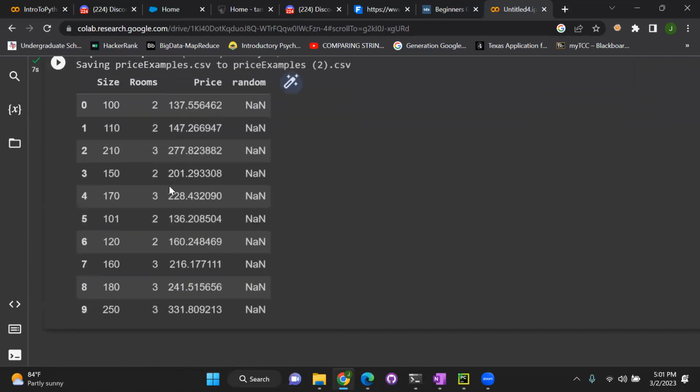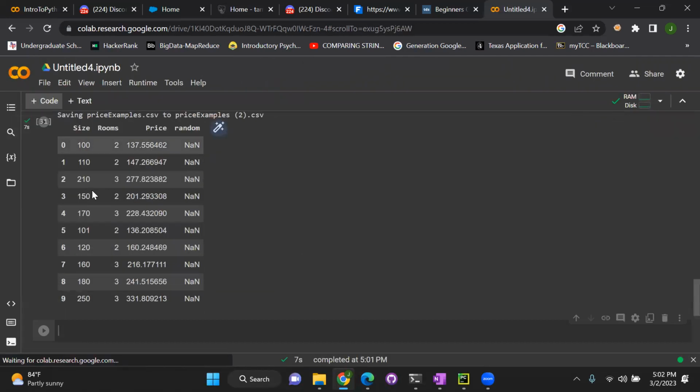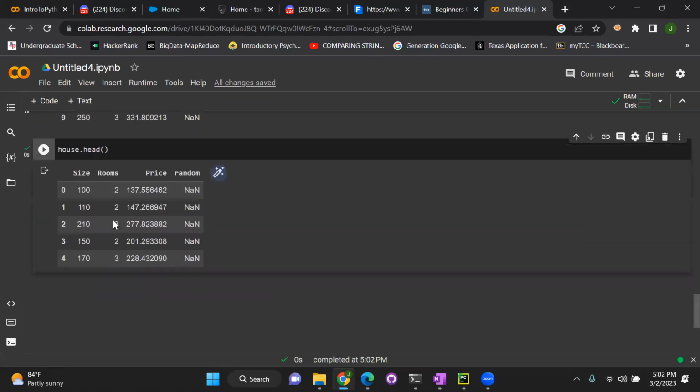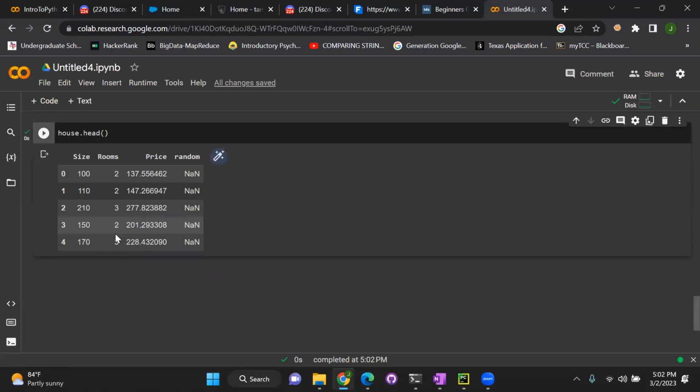I'm going to create another cell. So now we're going to learn something real quick. Sometimes we need to make sure that our data was imported correctly. Python has this feature where you can just use whatever you named it. Like mine is house.head. If I run this, it prints the first five rows of your data, because sometimes you just need to see if the values are correct, if it imported correctly,